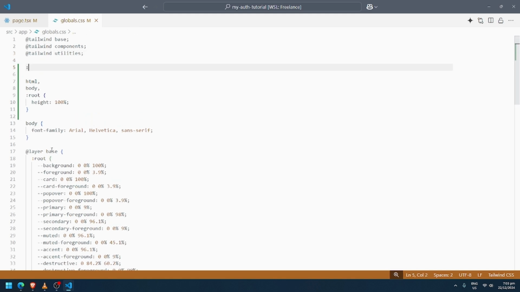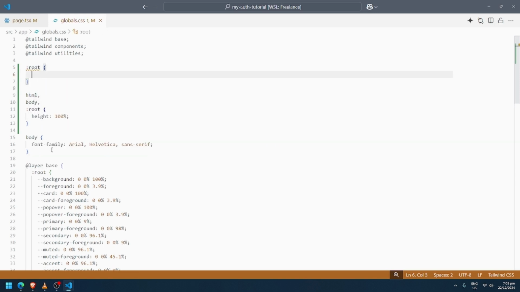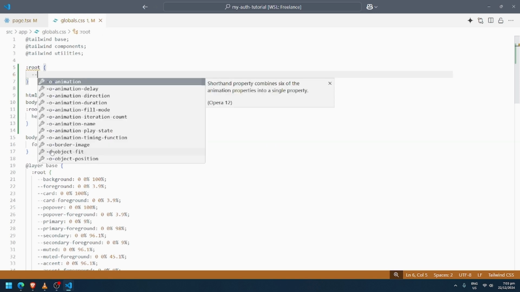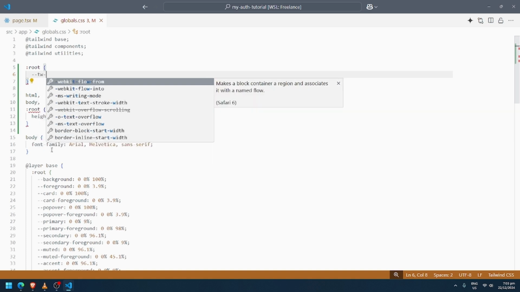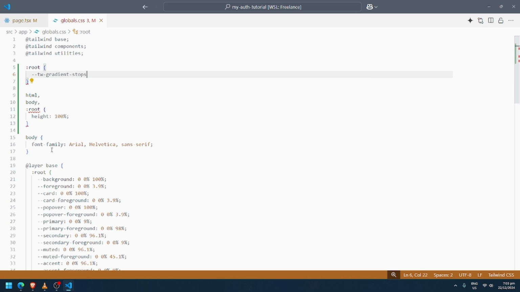Let's define it in root, tw-gradient-stops, and then the value.